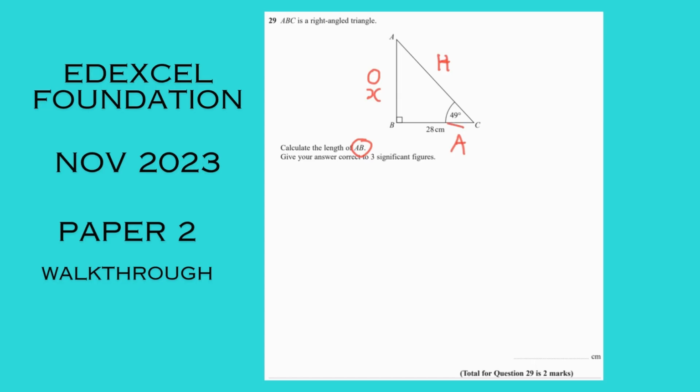So as you can see, adjacent is definitely involved in this question. So is O. Hypotenuse has no business. So this is a TOA question. Cover up what you need. You're after the opposite. These are next to each other. It's a times. So it's tan of the angle